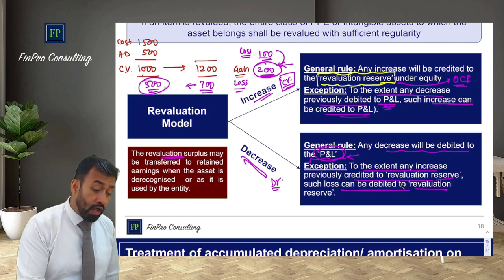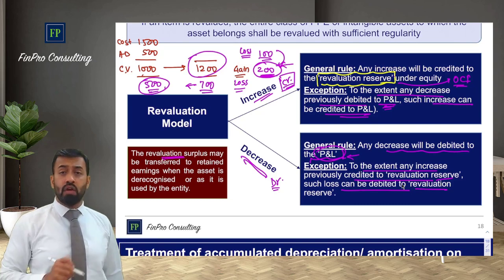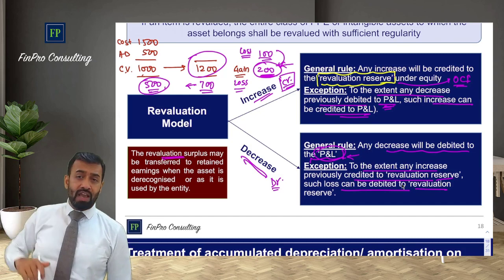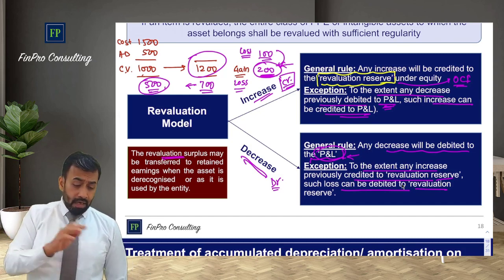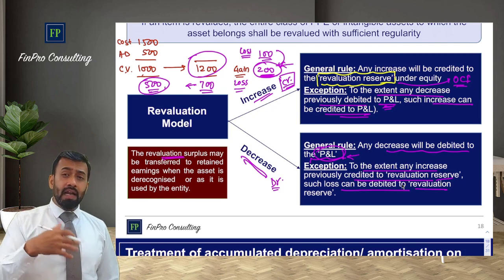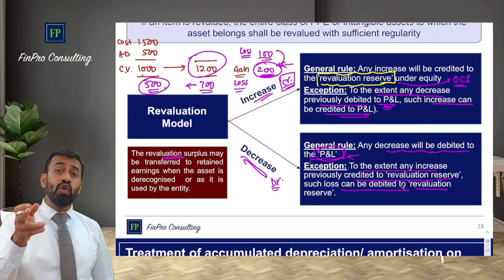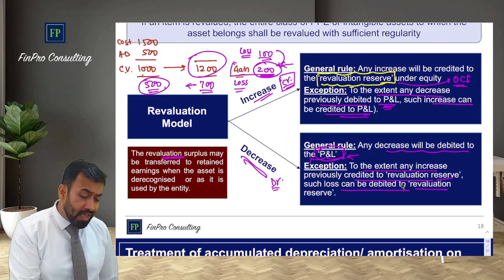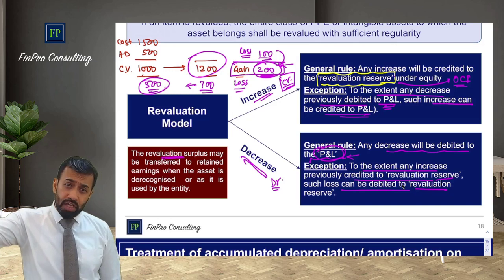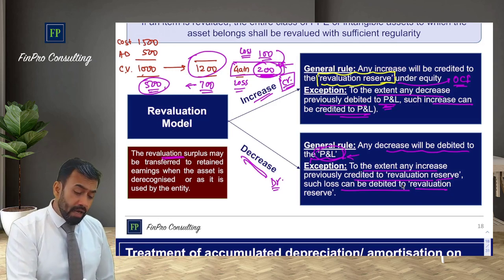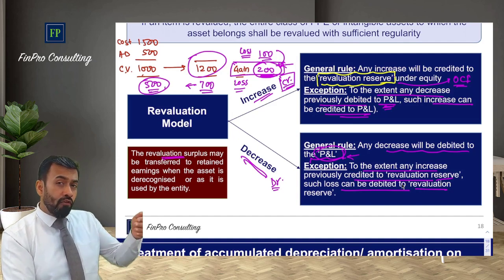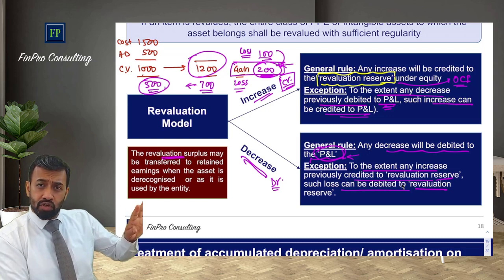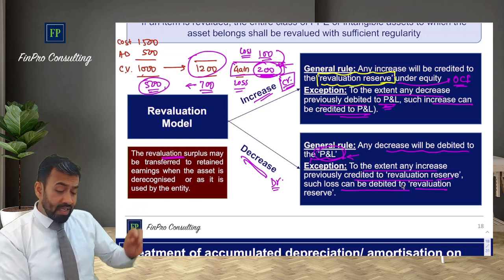Correct. Because my new carrying value is 1200 from 1000, there is 200 extra to be depreciated over the remaining useful life. Now this 200 will create an extra depreciation which will be debited to P&L. However, my earlier gain was credited to revaluation reserve in OCI, but the debit because of this additional 200 will be wiped off over the remaining useful life in P&L by what? Depreciation. So this 200 can be recouped.